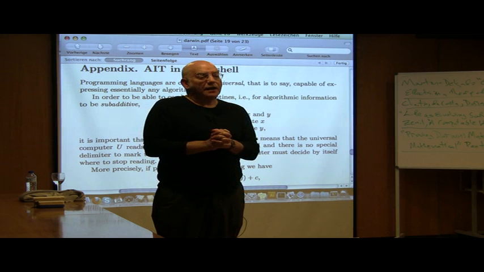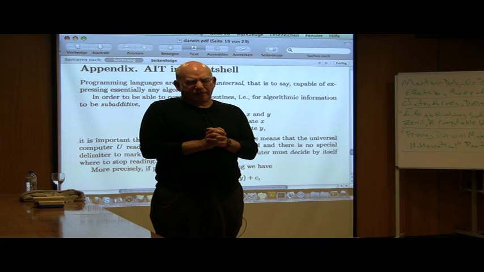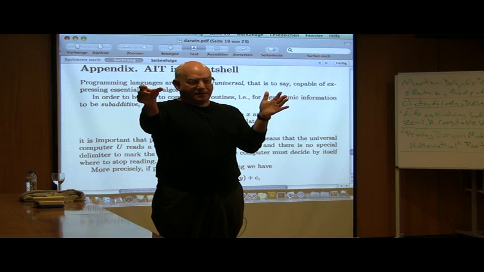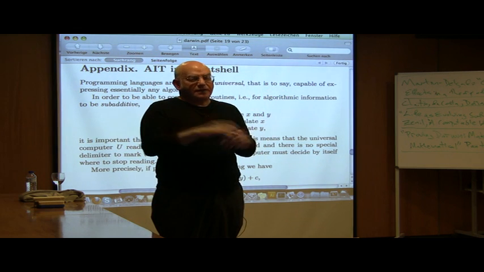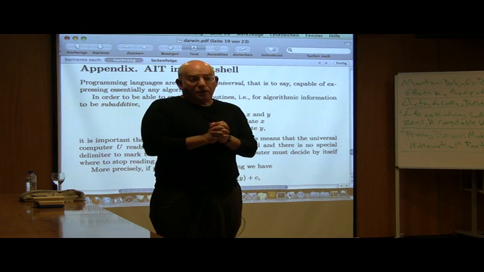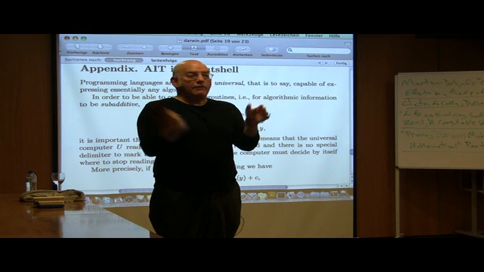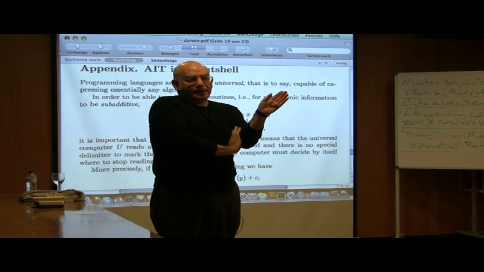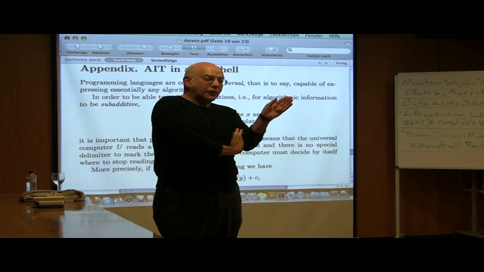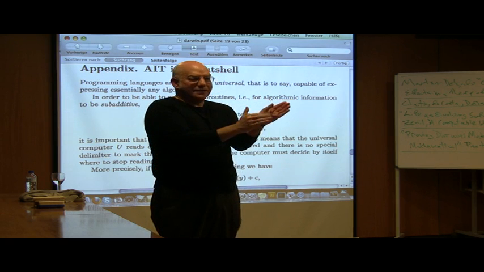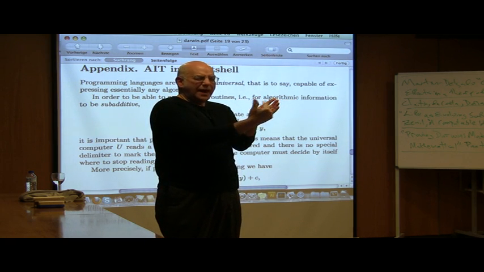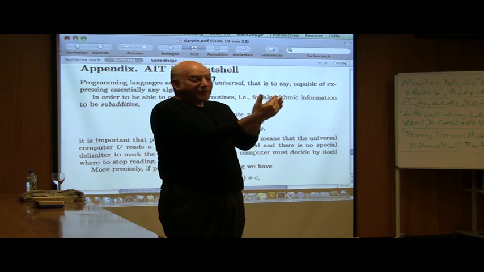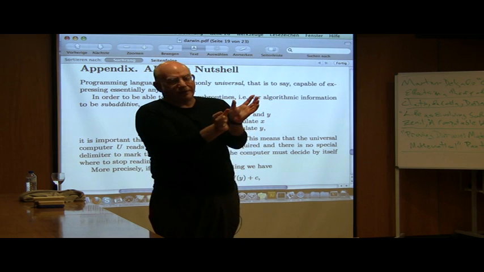There are simple schemes, like a simple way to make a binary program self-delimiting is to double each bit and then put a pair of unequal bits at the end as an end marker. But then you've doubled the size of the program. Another way is to count how many bits are in the program and put in front that number in binary. But that number itself, you don't know where that ends and the program begins. So you have to make the header, which gives the size of the program, self-delimiting too. So you can do that by doubling each bit in it and then putting on a pair of unequal bits